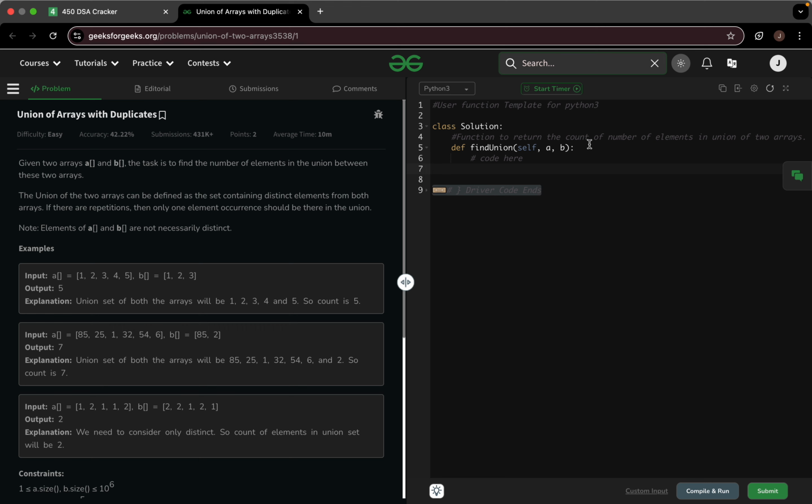So let's code here. Let's start the timer and start coding this problem statement and getting the suitable output. As it is given that the class is defined, and the function is also defined, find union with three parameters, self, a, and b. Okay, so now we have to define union underscore set is equal to